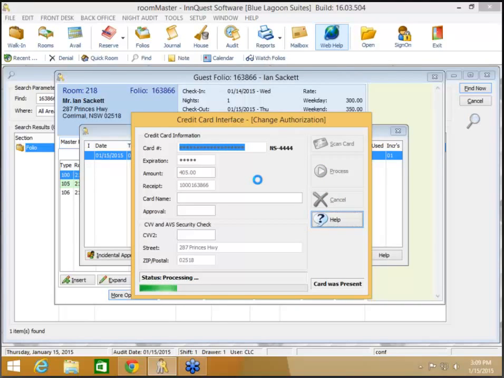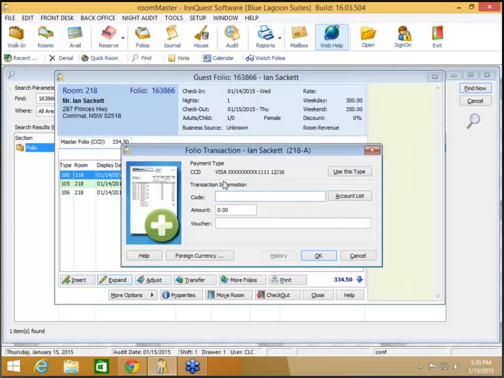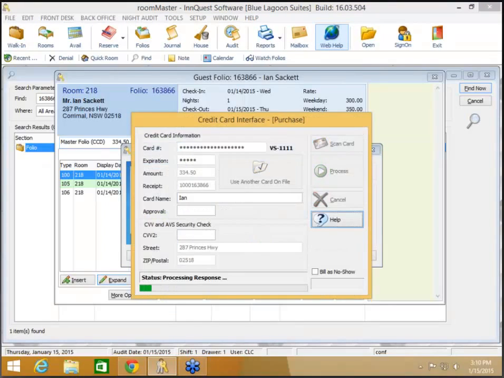When I go through, it's just connecting, processing that, obtaining the approval. And now it shows 2. So notice we've increased this twice. Now if I were to check this guest out, so I were to actually go ahead and use that approval, so if I'm posting this charge and I process this,